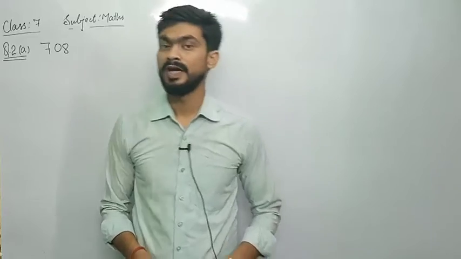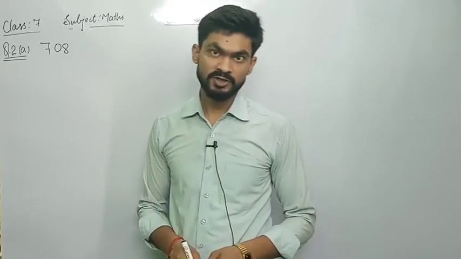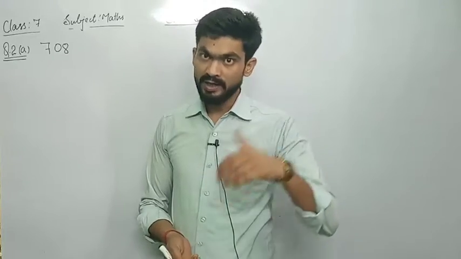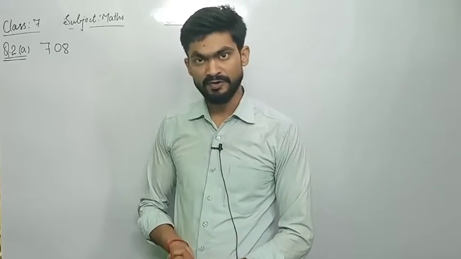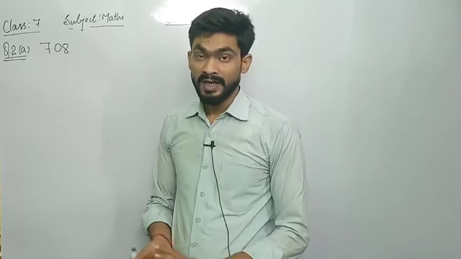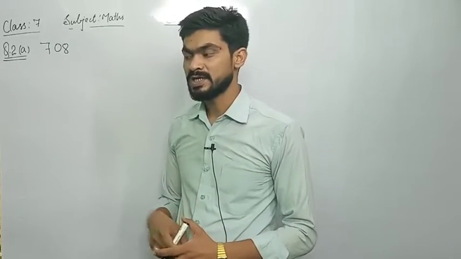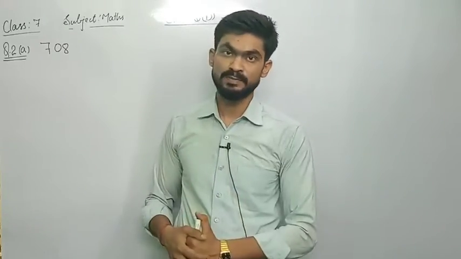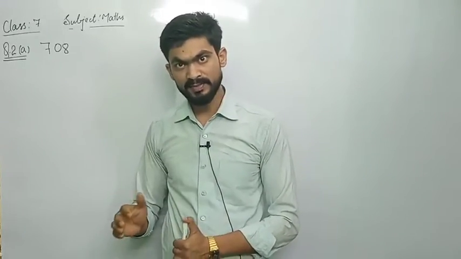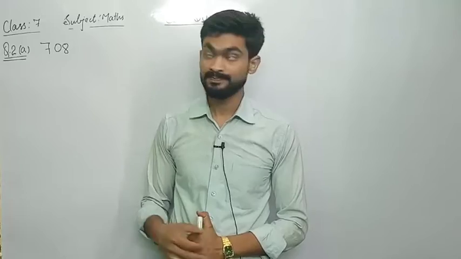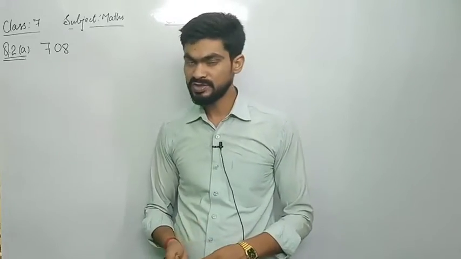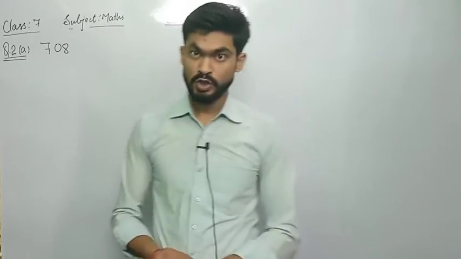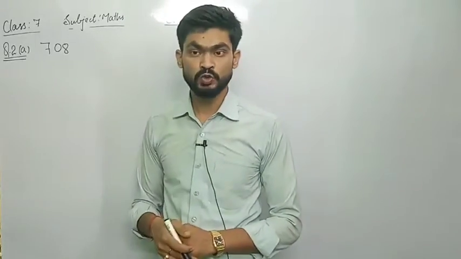My dear children, in the previous class I have explained how to find the square root and how to find the number of digits in the square root. Then I have explained how to solve question number 1, that is, what the least number should be added to the given numbers to make them perfect squares. Here the question says: what is the least number that must be added to make it a perfect square?